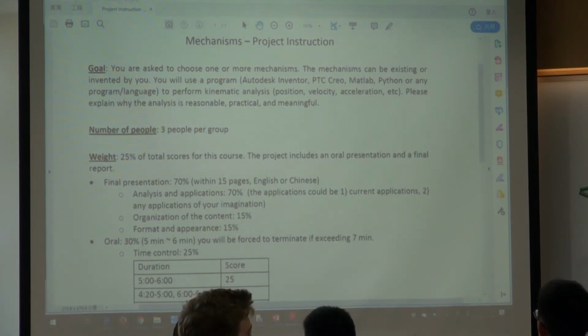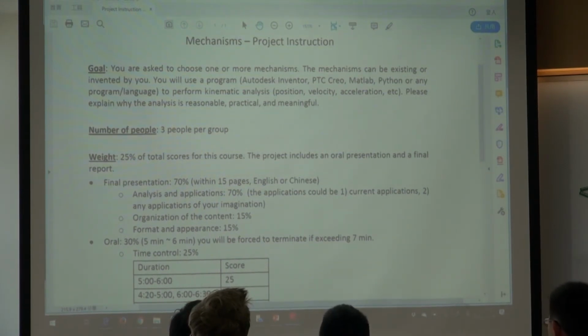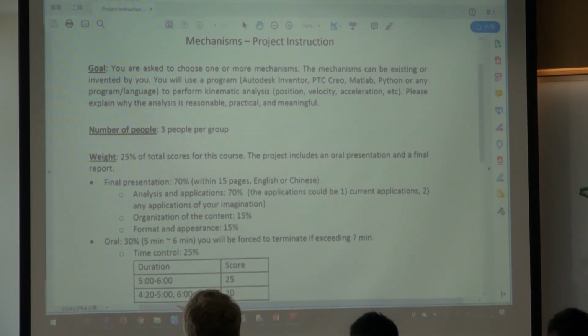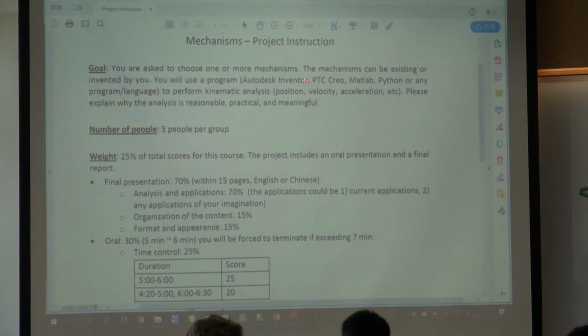If you see some mechanism is not working well and you want to improve it, you can invent a mechanism by yourself. So you can choose an existing mechanism or a mechanism invented by you. And you'll use a program, and